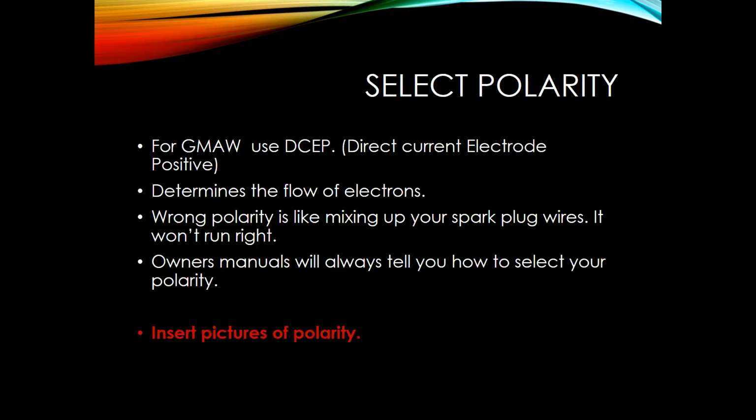Then always, I apologize, I didn't get a picture of the polarity connection set up or installed here. But for welding on steel with GMAW, we're going to want to make sure that we use DCEP, which is direct current electrode positive, for our polarity. And whenever you're looking at what polarity you should use, typically if you open the door on the side